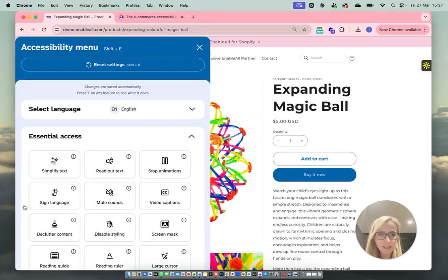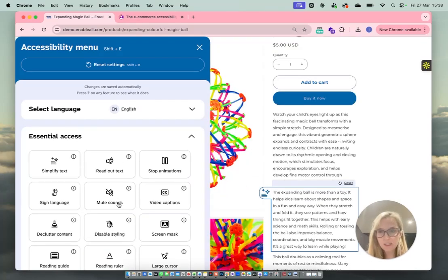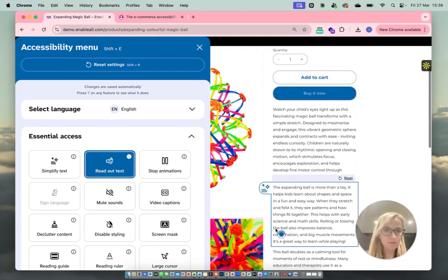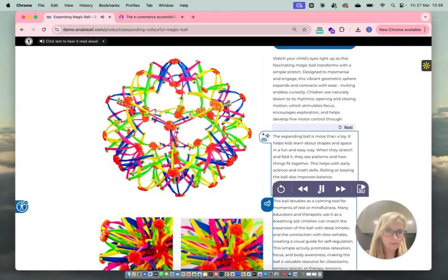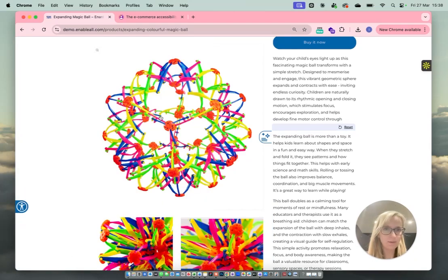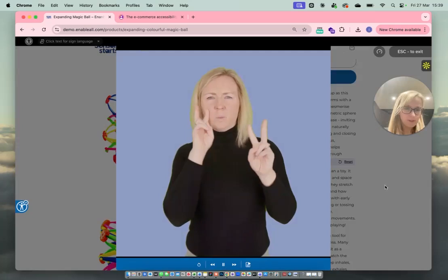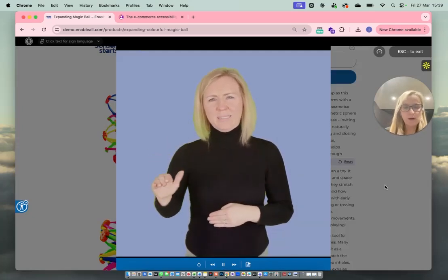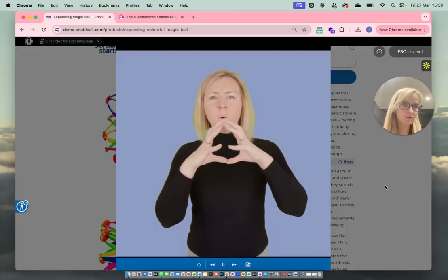Customers have the ability to stop animations, and that stops flashing animation content on your site. We also have the ability to enable customers to simplify text. We also have the ability to click on text to hear it read aloud. This ball doubles as a calming tool for moments of rest or mindfulness. In addition, we have the ability to translate text into sign language. So a user can click our sign language button, then click on a piece of text and see it translated